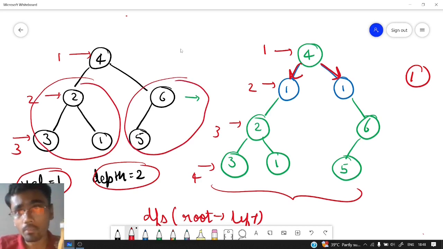Before adding these two new nodes with value equal to 1, we need to first grab them out and store them somewhere so that we can add them afterwards in our resultant binary tree. So let us do that.